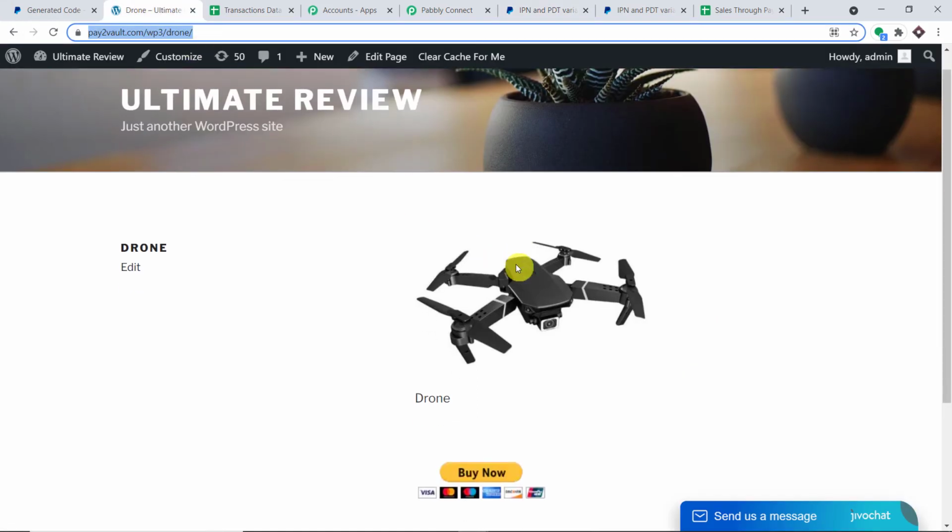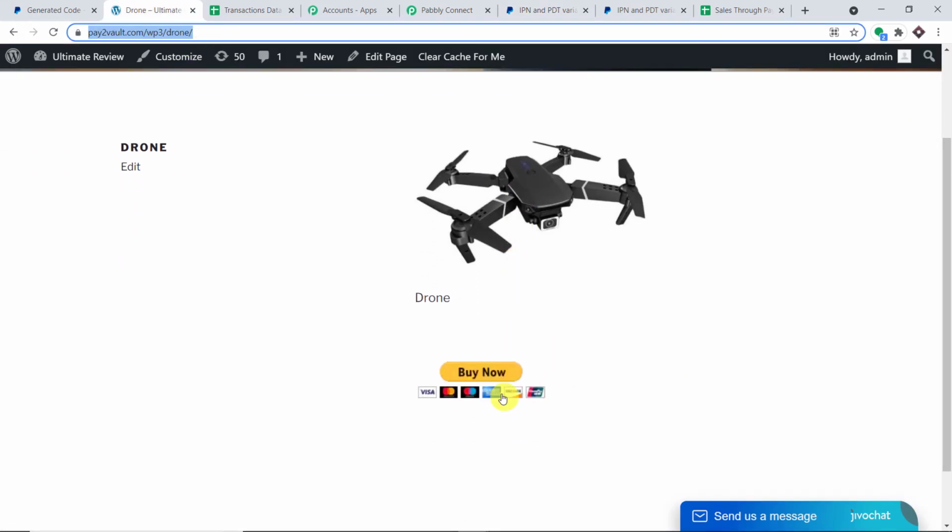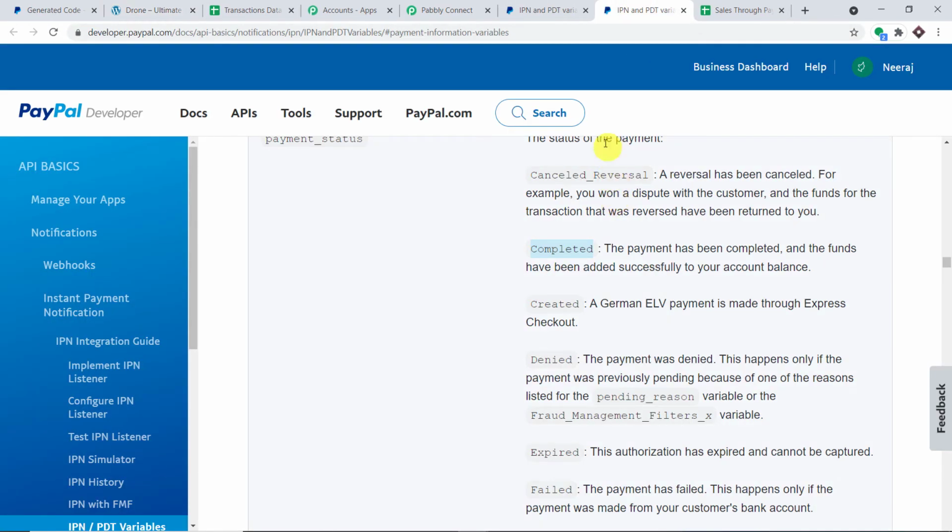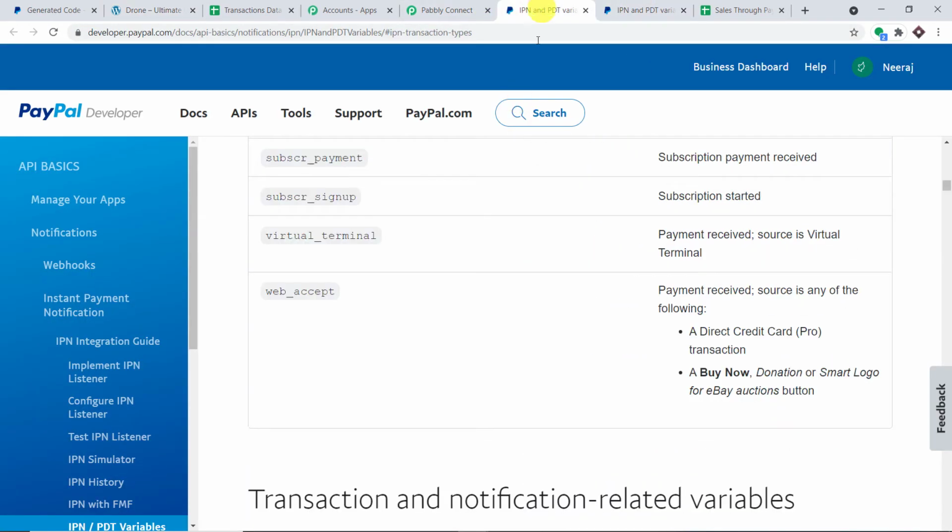If you may remember, we had established a buy now button, and it was done through credit card. So we can also establish that if the web accept was done, the payment was made with a credit card or with a buy now button. This is how you can establish the condition.